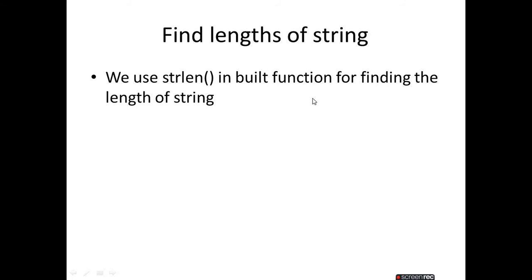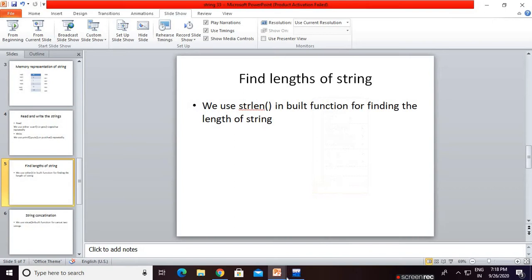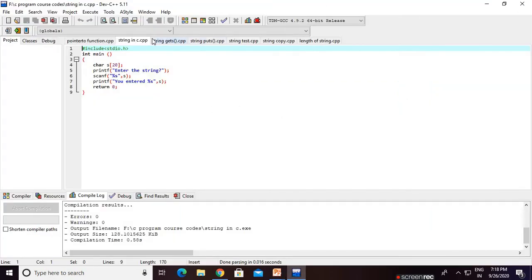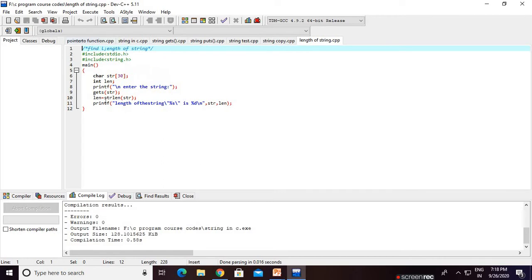So go to Dev C++. Then try to find the length. This needs a new header file, string.h, for including the strlen function, because this function is in this header file. Here I use the gets function for taking the input. What is the logic? printf enter the string.